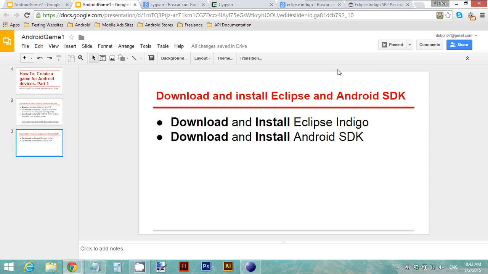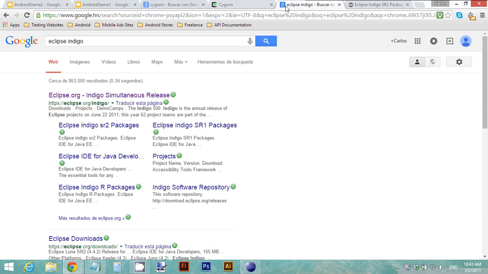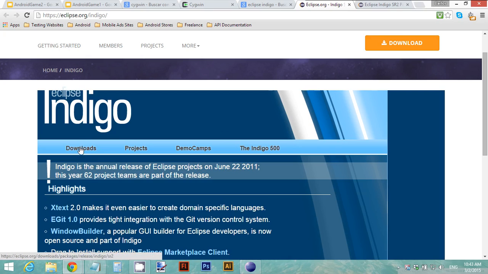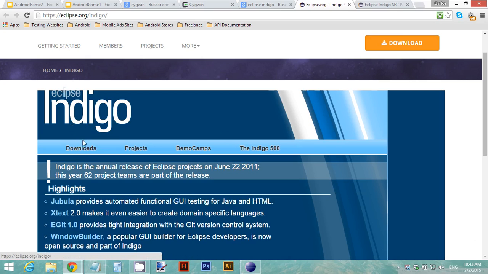So, just look at the download link I left in the description below and click it to download the Eclipse Indigo version. You can also work with other Eclipse versions, but I am using Eclipse Indigo. So if you want to follow this tutorial exactly like I do, go ahead and download Eclipse Indigo. Just type Eclipse Indigo on Google, and on the web page you're going to be prompted for Eclipse Indigo. Go ahead and click on the download button, not on this one, the download that is displayed under Eclipse Indigo,